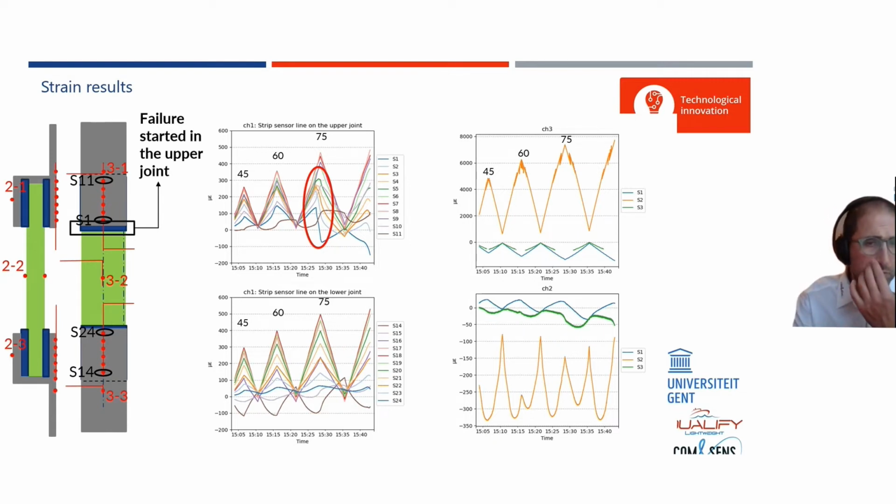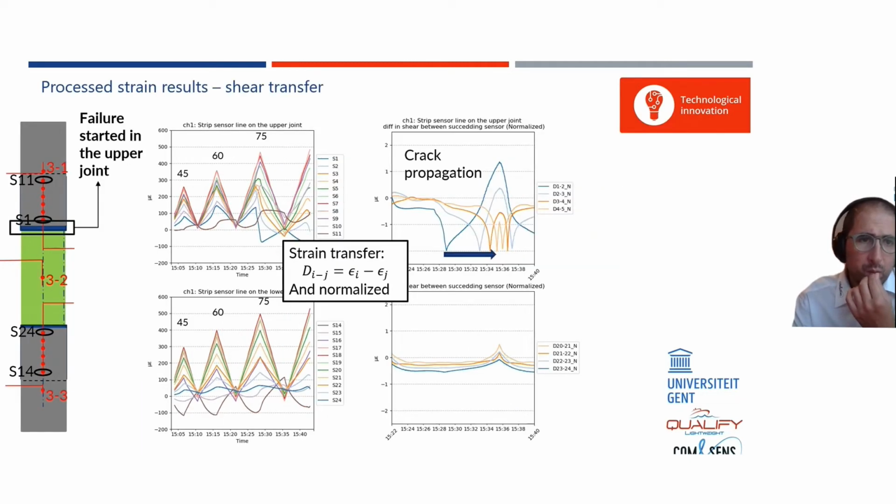These are the strain results, so the raw data. We can go up to process the results, and then by processing it, we can choose to, for example, look at the strain transfer from one sensor to the other by subtracting both sensors from each other. And then we get